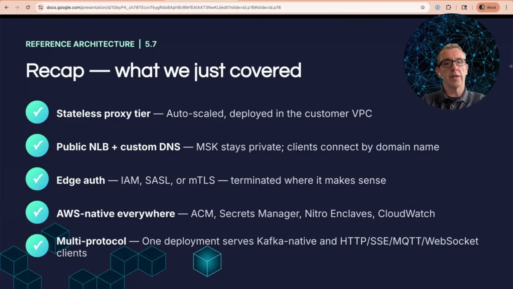There's a lot going on there, but the actual requirement on deployment is deliberately straightforward. The gateways are all stateless, so it's easy to scale them out as you want to cover more load. You've got your public NLB and your custom DNS, letting the MSK piece completely stay private behind the gateway cluster.